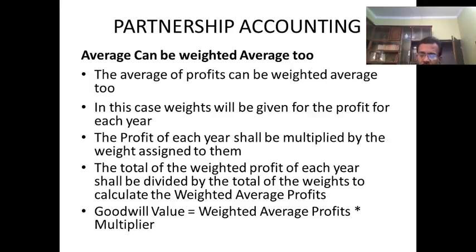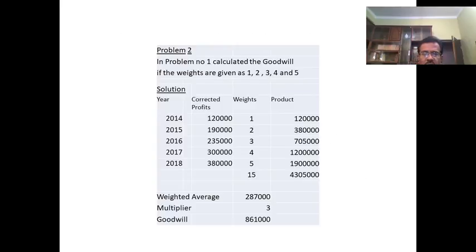So when you are giving a weight, first of all, if the question is silent about the weight, don't do anything about it. Don't have to do weighted average. If they have asked you to calculate the goodwill, and they have not given the weights, don't have to put weights. Just do it in the most normal manner. But if they are silent and you see a very clear rhythm of the profit arising, then you can also give weightage and calculate the weighted average profit, and then multiply it by the multiplier